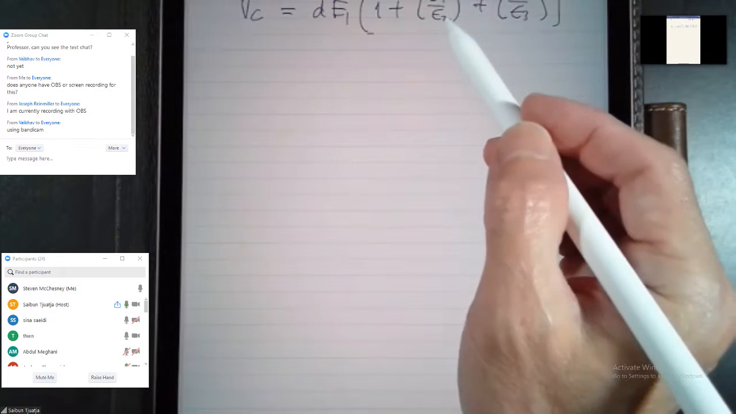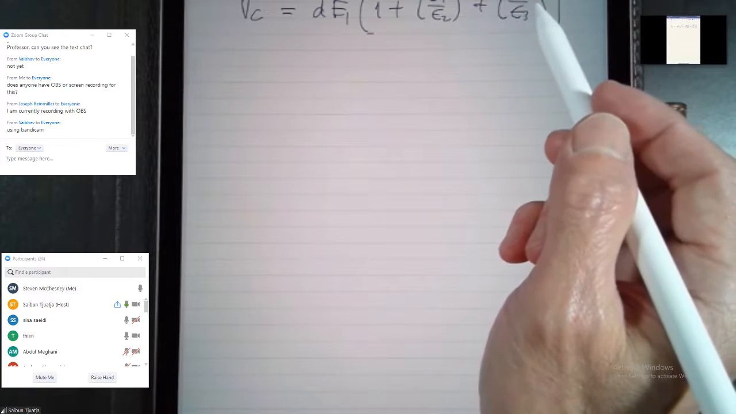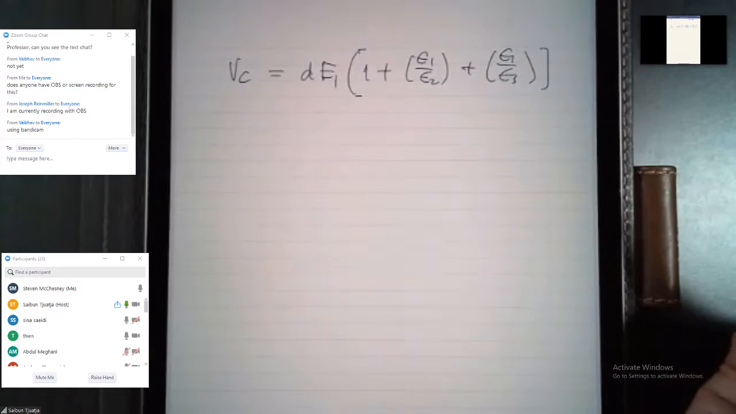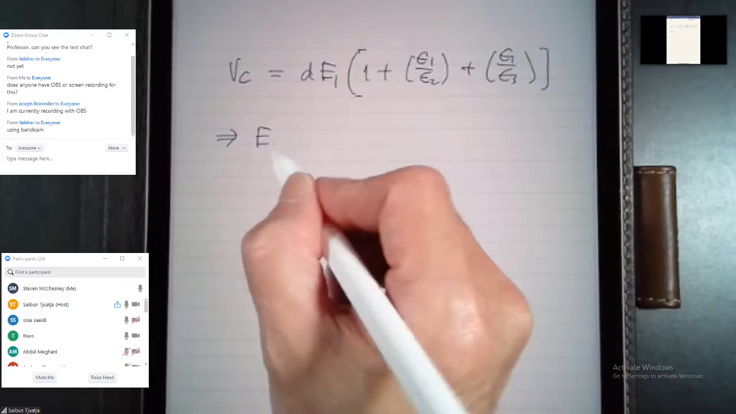All of these are known. I know what epsilon 1 is. I know epsilon 2. I know epsilon 1, I know epsilon 3. Therefore, I can solve for E1, right? Therefore, what is E1? E1 is simply